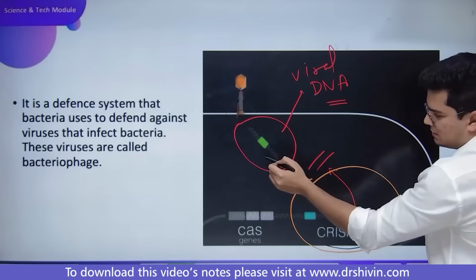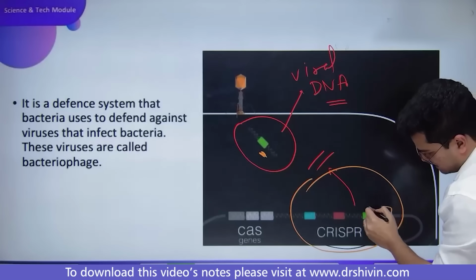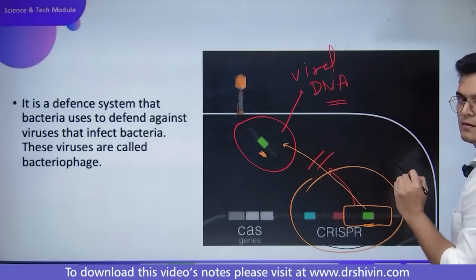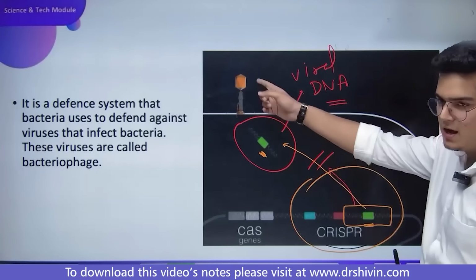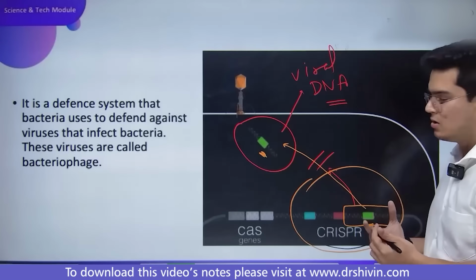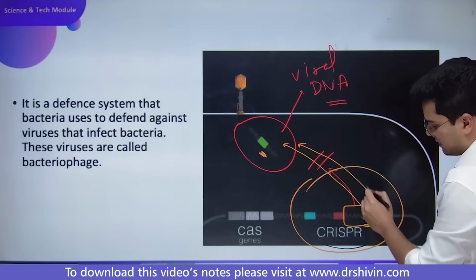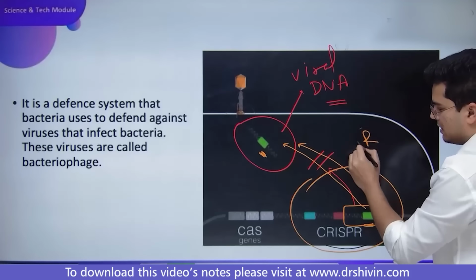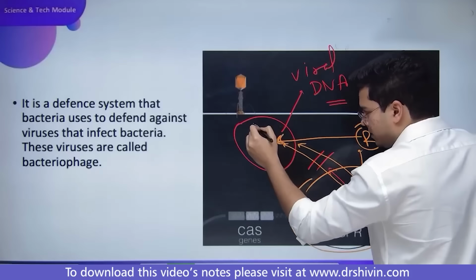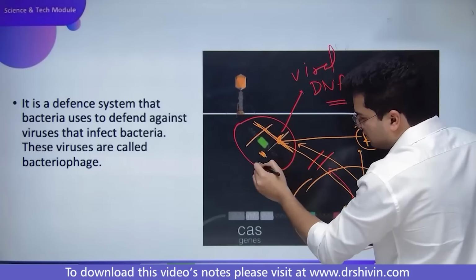यहां देखो, this is viral DNA, this is bacterial DNA. बैक्टीरिया के पास ये सेम डीएनए है जो इसके पास था। क्यों है? क्योंकि पहले भी ये बैक्टीरियोफेज जिसको इन्फेक्ट कर चुका है। सो दिस इज लाइक इम्यूनिटी। ये सेम डीएनए इसके पास है। बैक्टीरिया ने क्या किया? इस डीएनए का आरएनए बनाया, इस डीएनए का आरएनए बना के इस वायरल डीएनए को जाके चिपक गया एंड देन इट मेड अ कट।